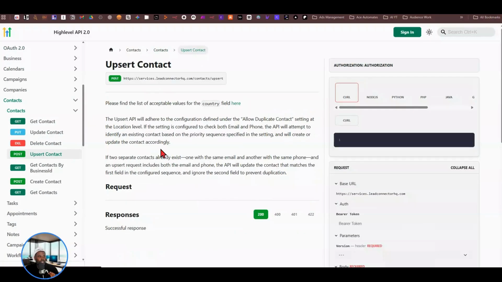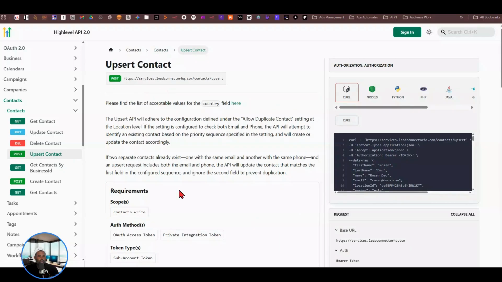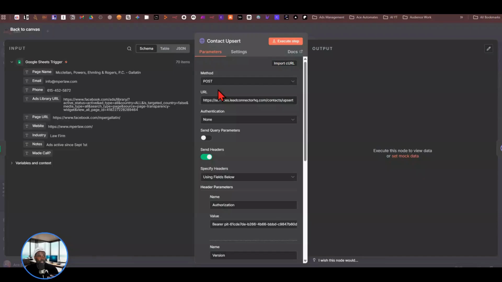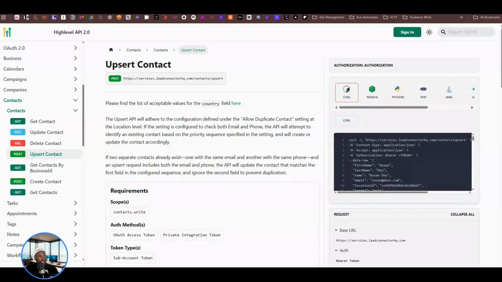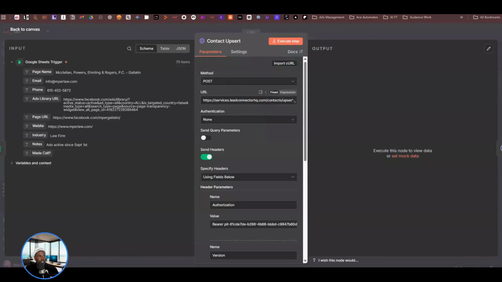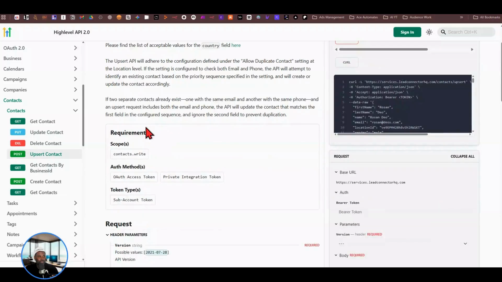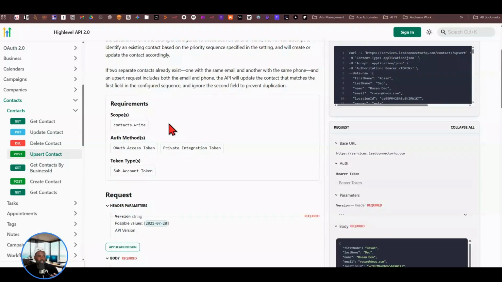So then in upsert contact, you're given all of the details that you would need in order to successfully upsert a contact. So what you see here is you have upsert contact, your post. The post is what you're going to be doing. So again, post is the method. Let me bring this all the way over here. Post is the method. This is the URL that you're going to put in there for your post, as you see there. And then the next thing that they're going to have you do is put in all of the